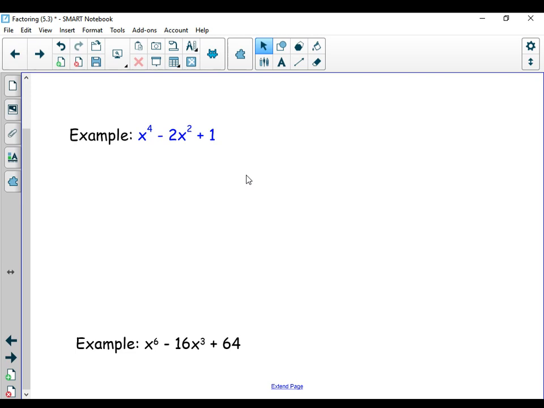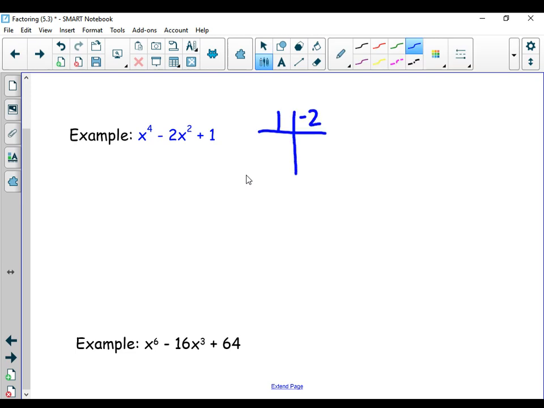So in polynomials, we're dealing with higher exponents than just x squared. But this looks very familiar to what we've already been doing. If you ever see the combination of x to the 4th and x squared, you're just going to do it just like we've been doing every single problem. Whenever you see that combination of x to the 4th and x squared and then a constant, it looks just like a quadratic, so that's what you're going to do. For the long version, I'm going to walk you through that, and then we'll do the shortcut version. Factors of 1 that get me -2.